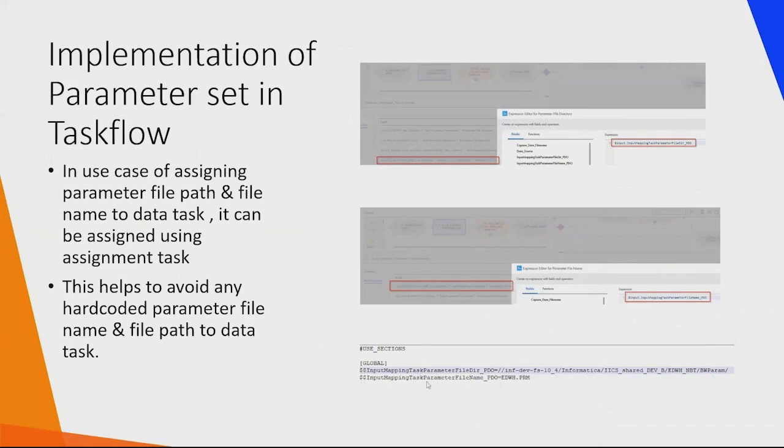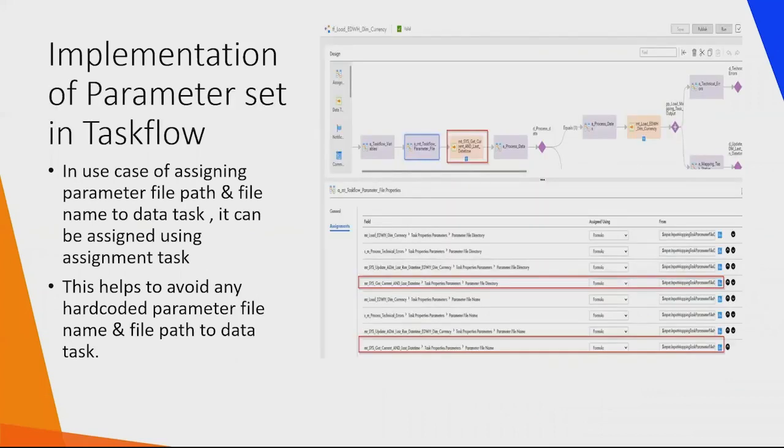And for the file name too, we can assign a parameter and then pass the actual file name over here. In that way, we can avoid any hard coding,